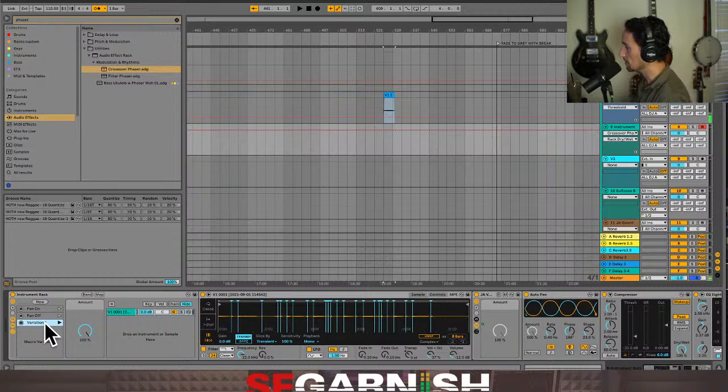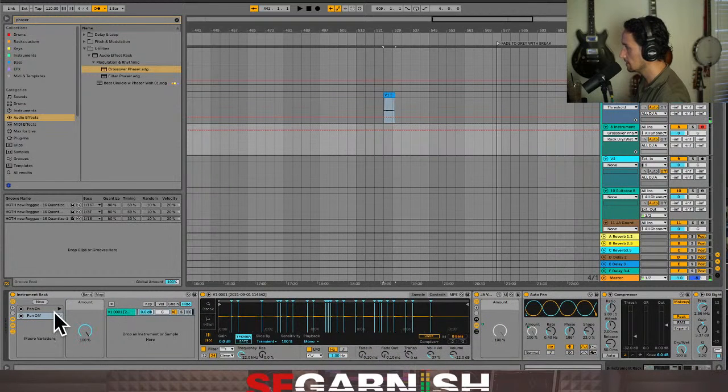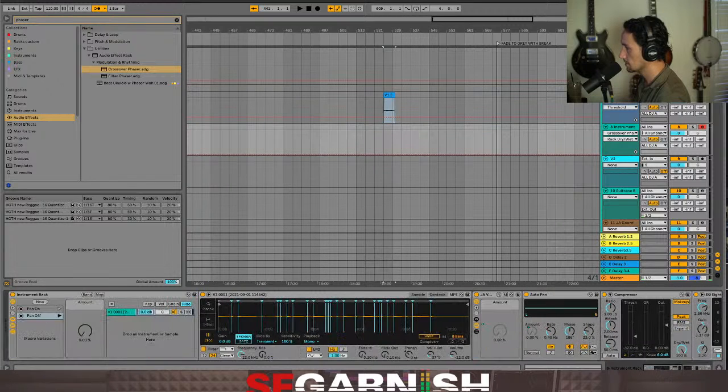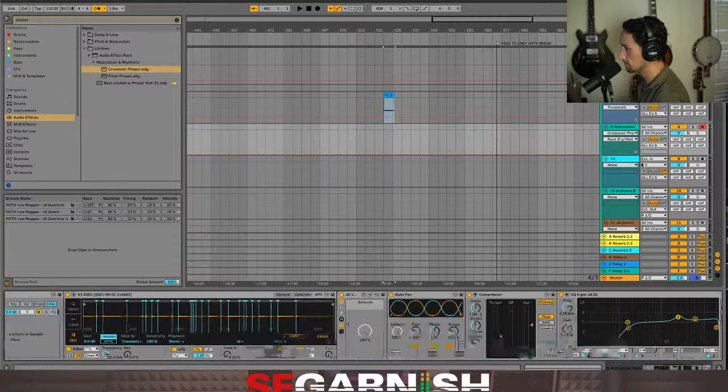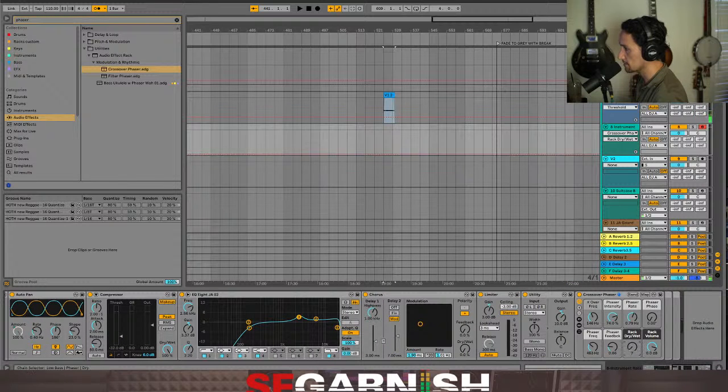And it created a new one here. But what I want to do is actually, let's go ahead and delete this and let's play on this one. Phaser on, and then chunk. Phaser off. All right, maybe because we actually put this in after we created our rack, that is a possibility. But we can always press this right here and it takes a snapshot of where you are currently. So this on and off, we will